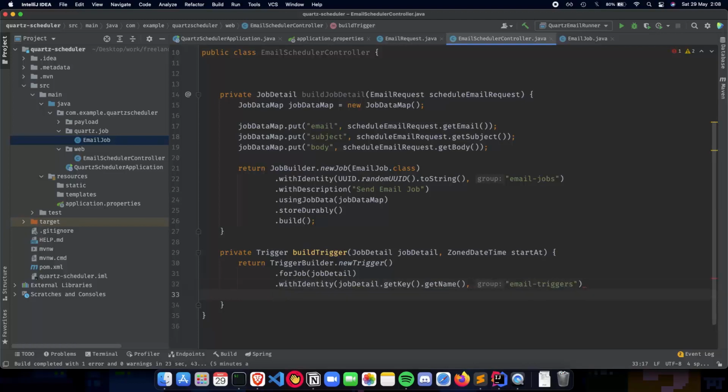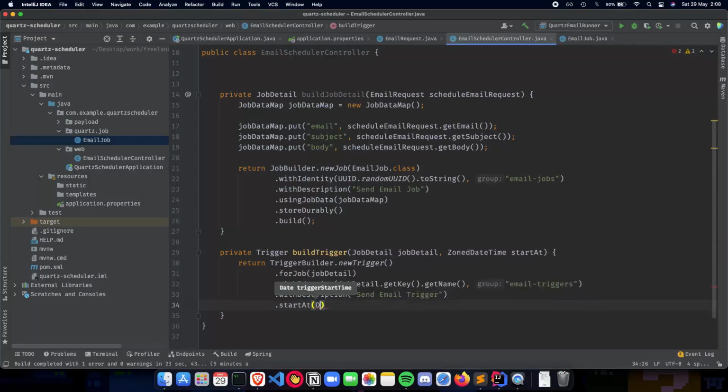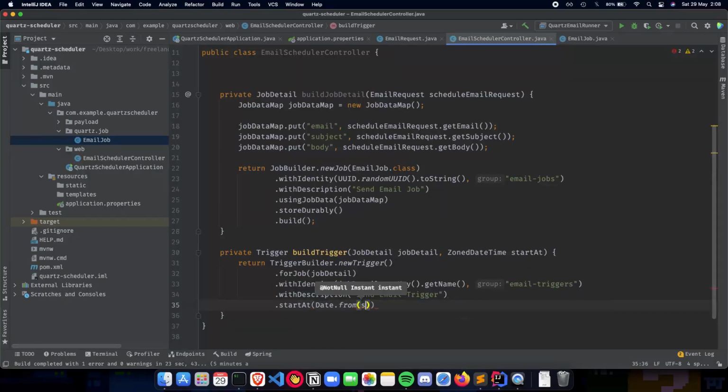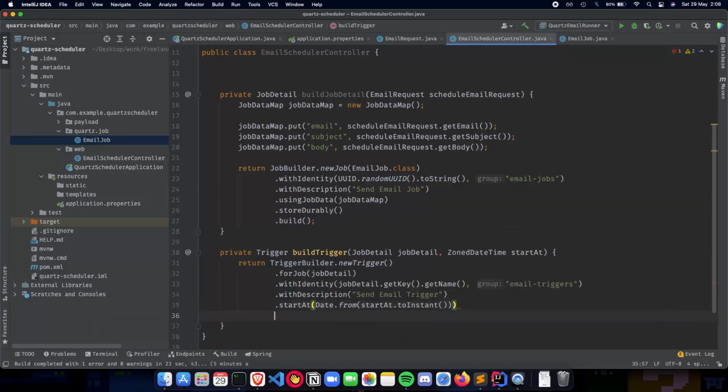The next part is the description. So with description, sendEmailTrigger, and we startAt, and we do a Date.from(startAt.toInstant()). This is going to be the start time for our trigger, when should the trigger actually be triggered,